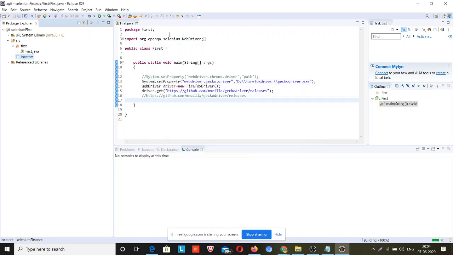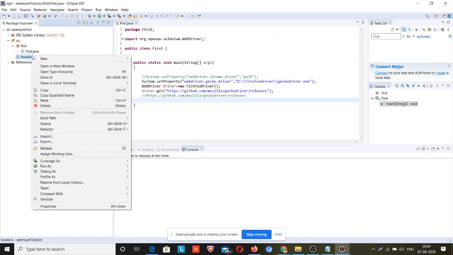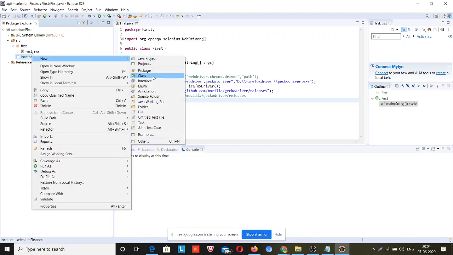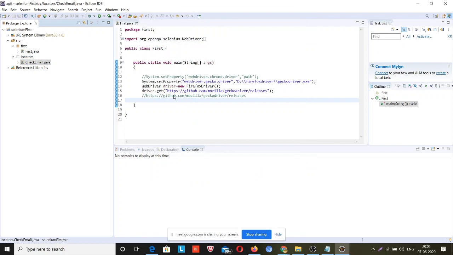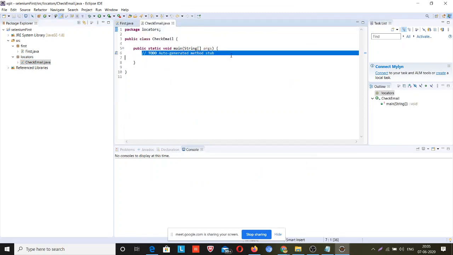Okay guys, and in this I will make a class, ID check email. I will click on public static void main, and this will make a class for me.